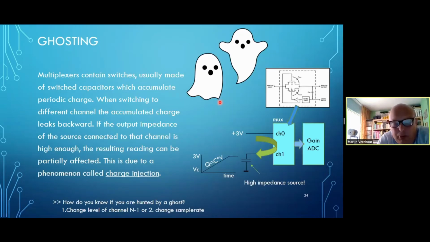Now, multiplexers contain switches. It's a fast switch, and that leads to ghosting. If you ever run into this one, you probably know what I'm talking about. But it looks like two channels have something in common. Channel 1, which is sampled slightly after channel 0, for example, might be influenced by what happens on channel 0. So the channel 1 measurement result, and even the actual data in the real world, is influenced by what's happening there in channel 0. And that's because of accumulated charge in your switch, which gets moved around.